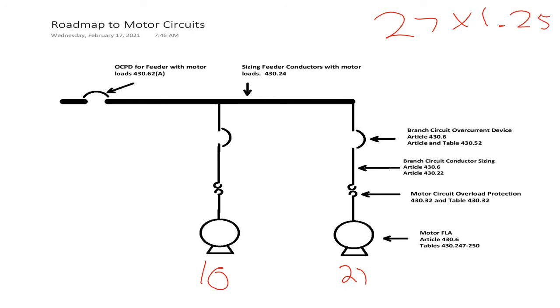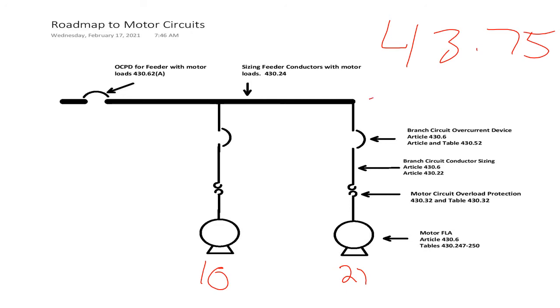So that 27 times 1.25 equals 33.75 amps. So that's just for that one motor. Now, I add to that 33.75 amps my remaining table FLAs. The only other motor I have left on this feeder is a 10 amp motor. So I add 10 amps to 33.75, giving me a total of 43.75 amps. So with my now newly calculated ampacity of 43.75 amps,